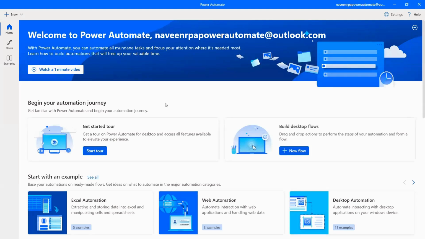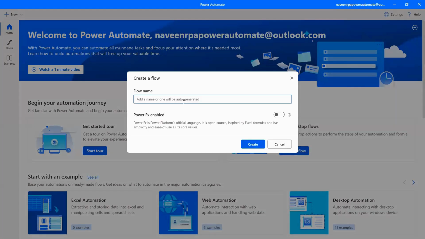If you come to Power Automate, we get an option called Home, and we get Flows. Either we can click on New, or we can click on the particular flow. If you click on New, we'll get the flow. Whatever name you want to give, add a name, or one will be auto generated. Let me provide the name March